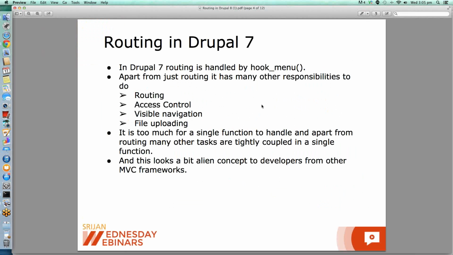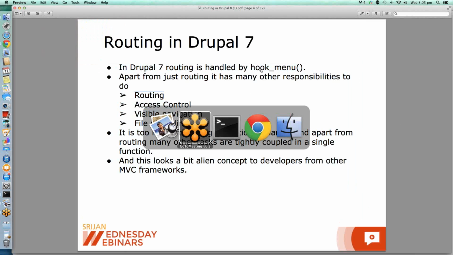Talking about routing in Drupal 7, we had a single function called hook_menu, and apart from handling routing, it used to handle a lot of other stuff. It used to handle access control, visual navigation, and file uploading. In any MVC framework, all these functions would be separate, but here they were tightly coupled in a single function called hook_menu. In other frameworks like Rails and Symfony, this concept might seem a bit alien. So let's dive a bit into